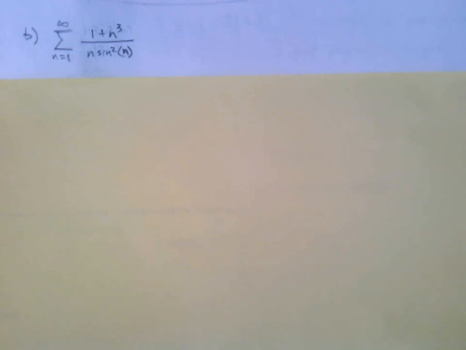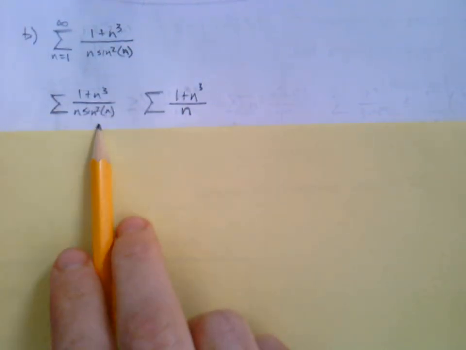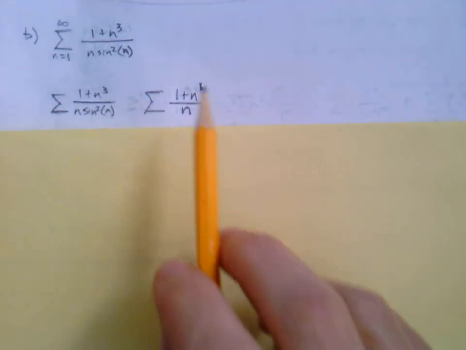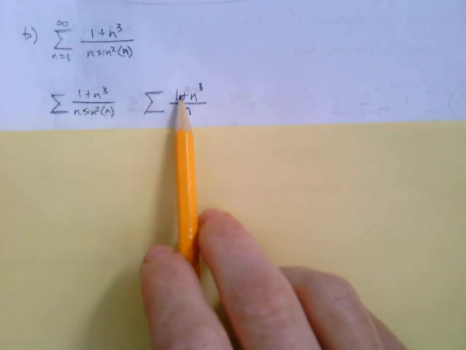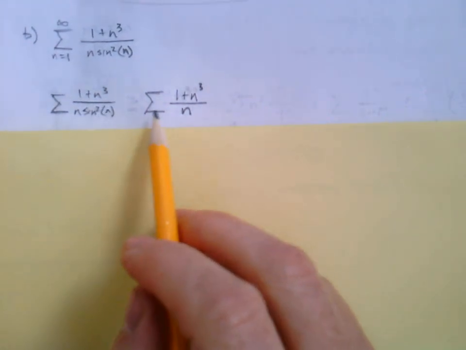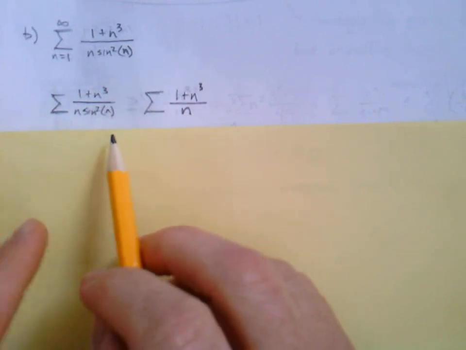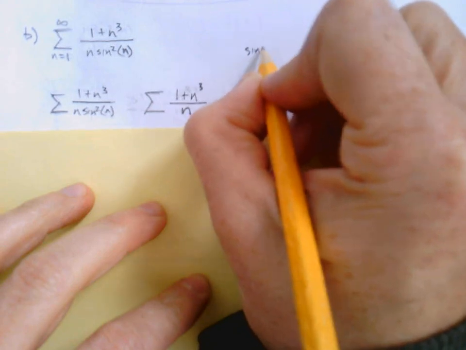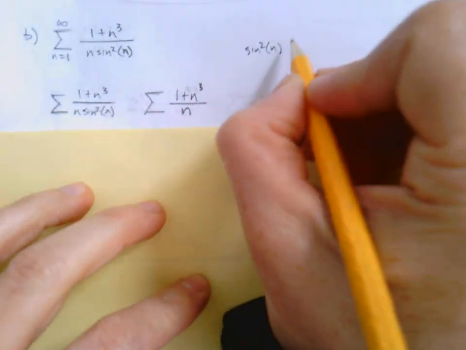I would recommend just get rid of one thing at a time. And maybe you do multiple steps in your comparing, but I'm going to just start with this. So I'm going to take my original series and get rid of the thing that's really awful, the sine squared n. We'll then do another step where we get rid of the 1 plus. But one thing at a time, because we don't want to goof this up. All right, so if we remove the sine squared n, what does that do? And you're like, wow, I have no idea. Hey, wouldn't you agree that sine squared of anything,